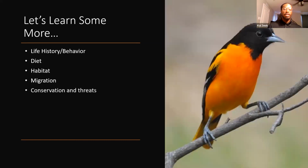And then their conservation and threats. Their population has been declining about 0.84% per year, a cumulative decline of about 36% during 1966 to 2019. But their global population is still at 12 million, so the species is of relatively low conservation concern. And some of the threats that they